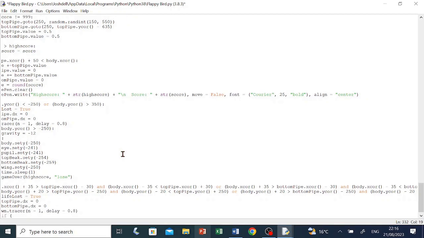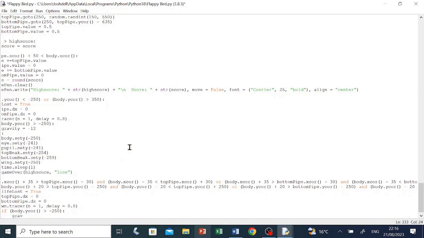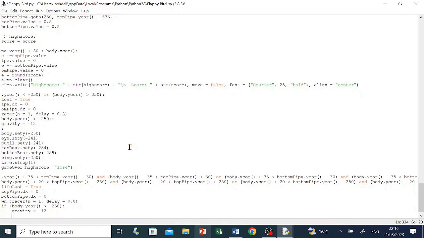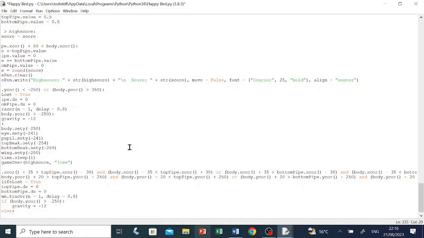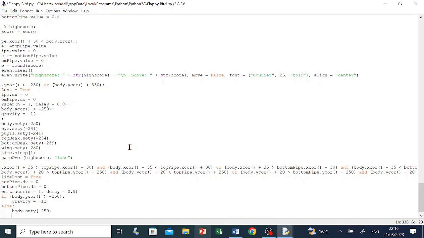if (body.ycor() > -250): gravity = -12. Else: body.sety(-250)